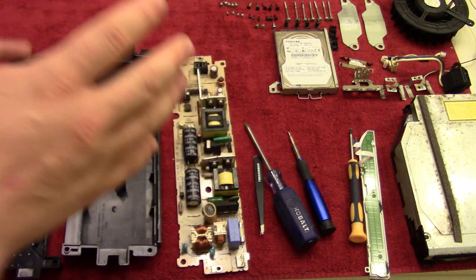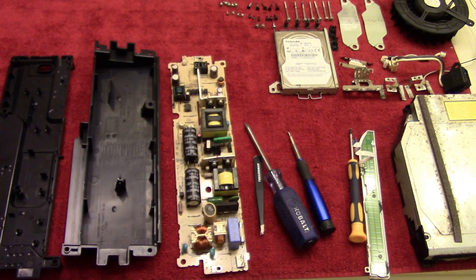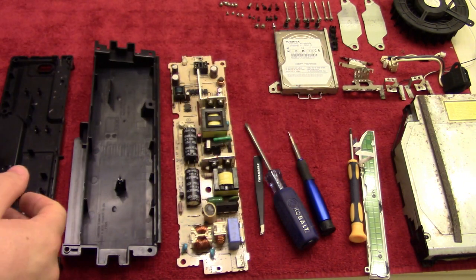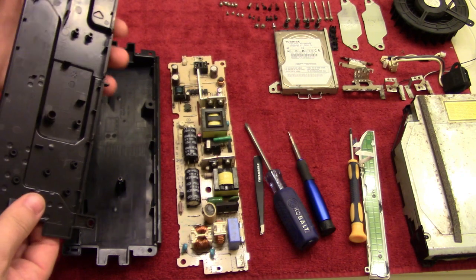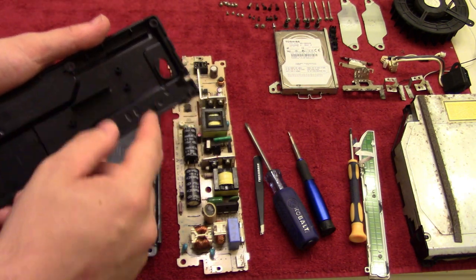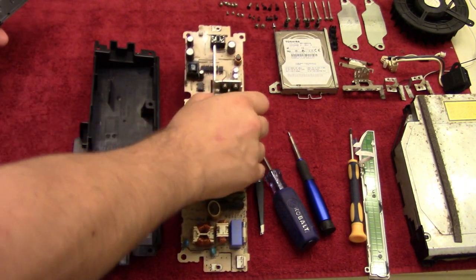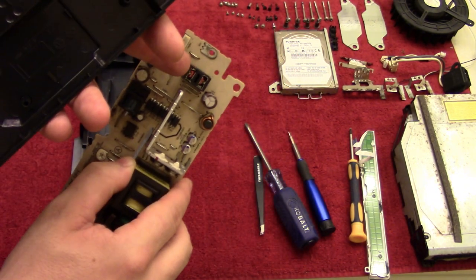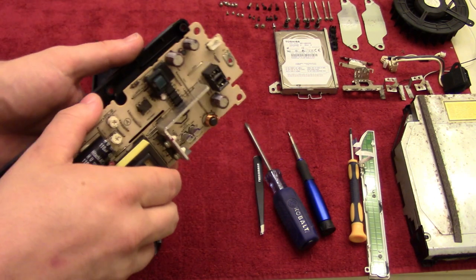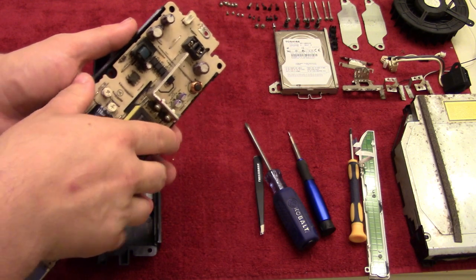That way we have a single unit instead of multiple parts, makes it a lot easier in the end, just like with the disk drive. So the first thing you want to do is take the bottom piece, and of course it has the cutout here for those 2 pin connectors from the motherboard. So of course they're going to be connected through these, so you just line those up so that it fits,